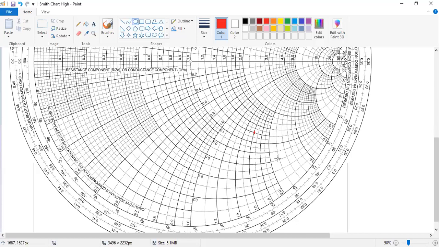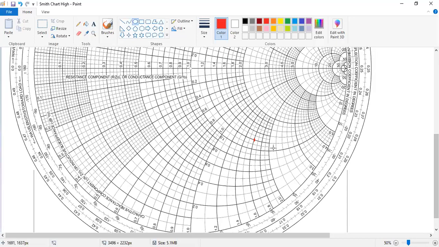Give me the verification of this point. I'll make it bigger to have a look. This point is on the 1.2 circle, that is the real part 1.2. We are on this circle, and this is 1.6. As it is minus, it is down. If it is plus, then it will be at the top.